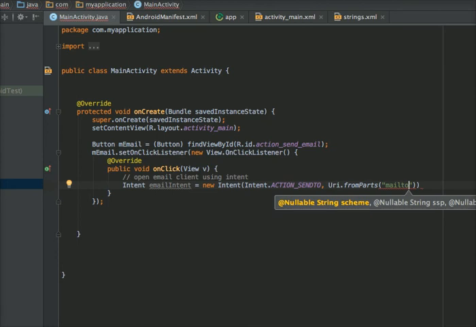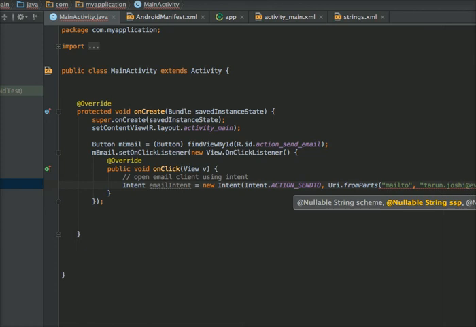So in the scheme I have to pass mailto, because this intent is basically for sending an email. The second argument, SSP, scheme specific part, is the email address where I am sending this email.